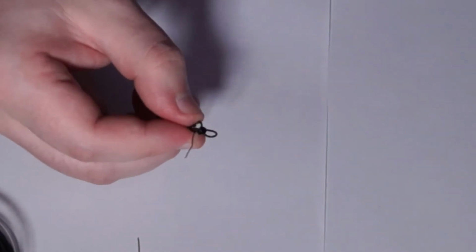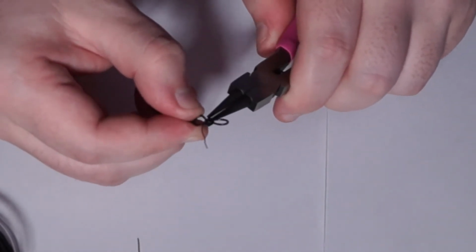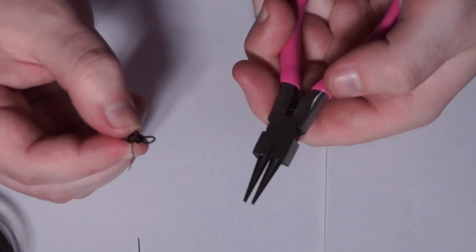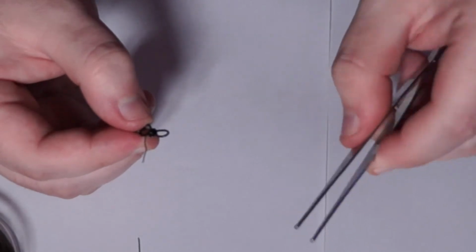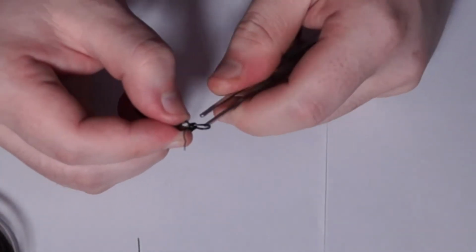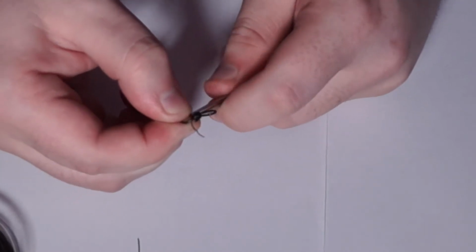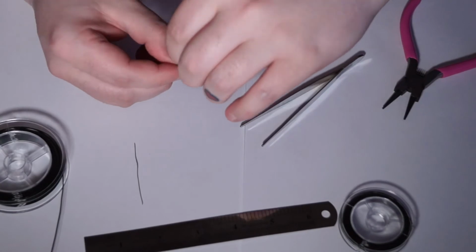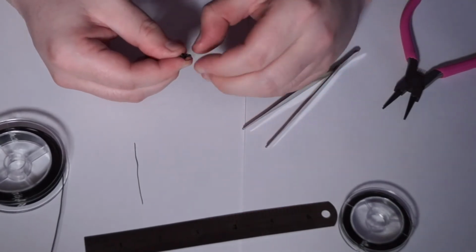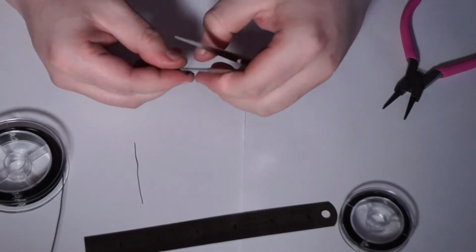Sometimes the little spike part will move a bit out of place, so I grab either these ones, or if that's not gripping, I'll grab these actual straight needle nose tweezers, and I'll just pull on that a little bit just to get the spike back in place. Go back to supporting it and keep on wrapping around this last bit of the wire. So we've got